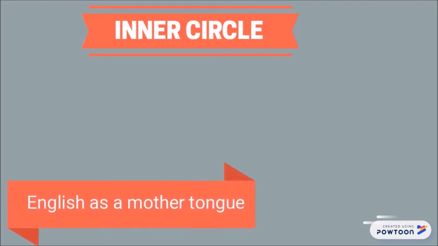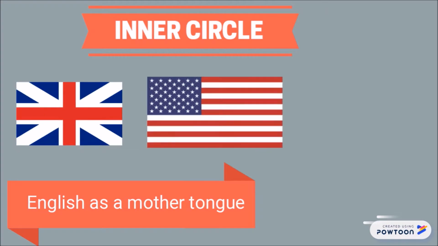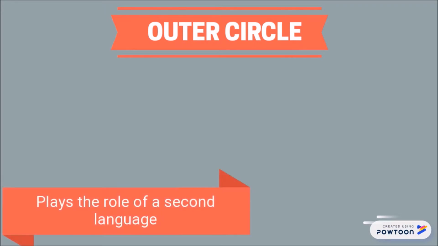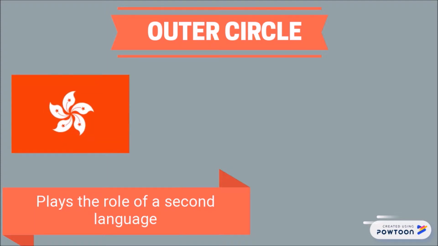In Kachru's Circle, we can find the inner circle, the outer circle, and the expanding circle. The inner circle comprises countries where the language is spoken as a mother tongue, countries like Britain, the US, and Canada. The outer circle encompasses an early phase of the dissemination of English to non-native spaces. English operates as a language of public administration in the most important institutions and plays in global terms the role of a second language of central importance to the nation,